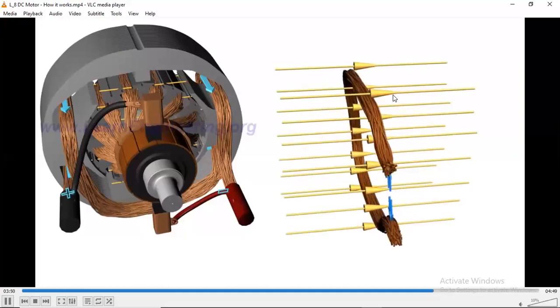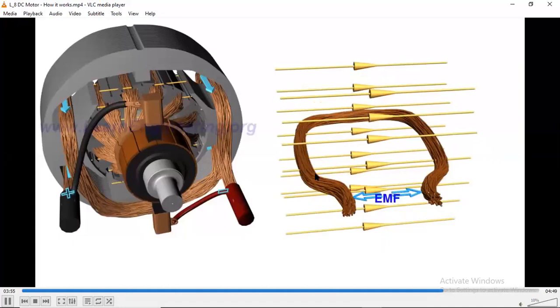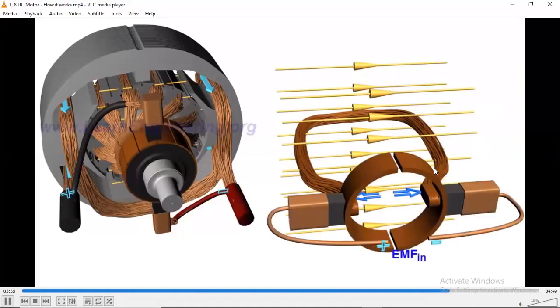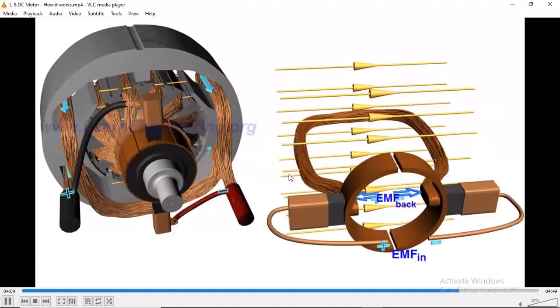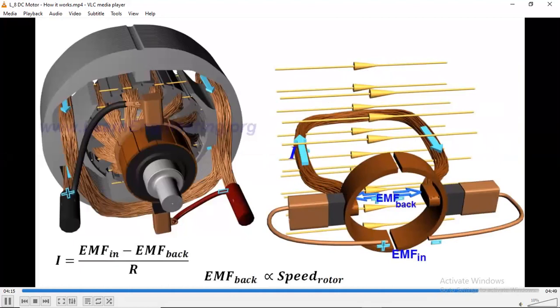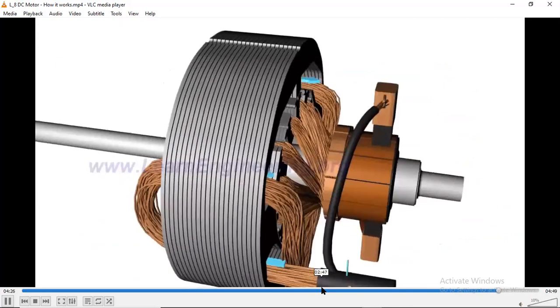You can see we provide a supply. This is the armature which is rotated in between the field. This is the field winding, and in between it the armature is moved. This is the concept of the armature with the carbon brushes and commutator, and this is the coil of the armature on which it rotates. Positive and negative EMF is produced. So back EMF is directly proportional to the speed of the rotor. How much the rotor rotates, it is relatively connected with it.